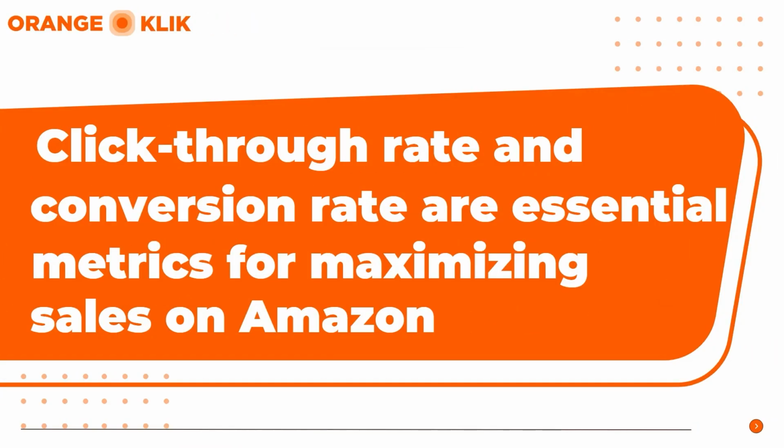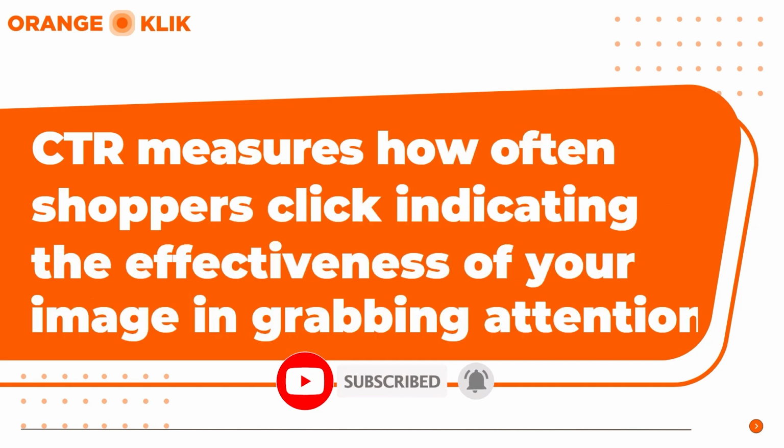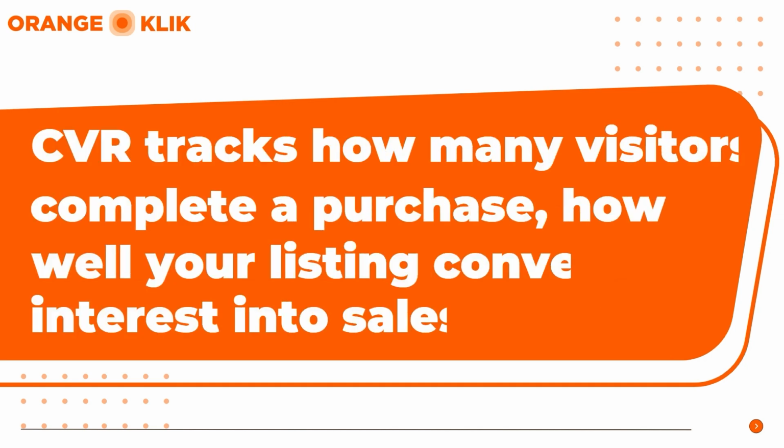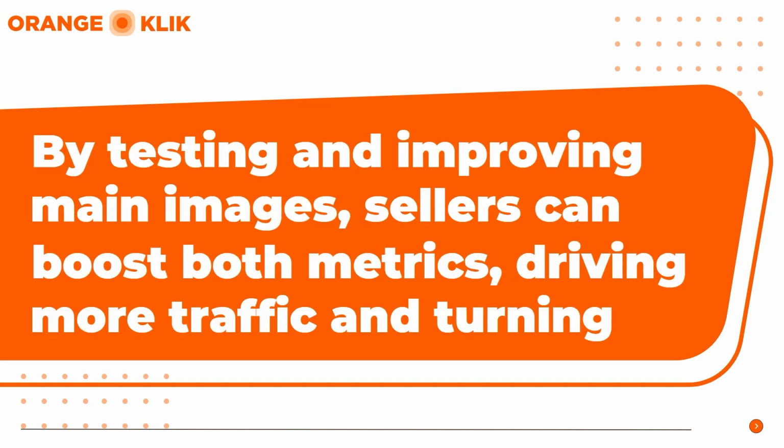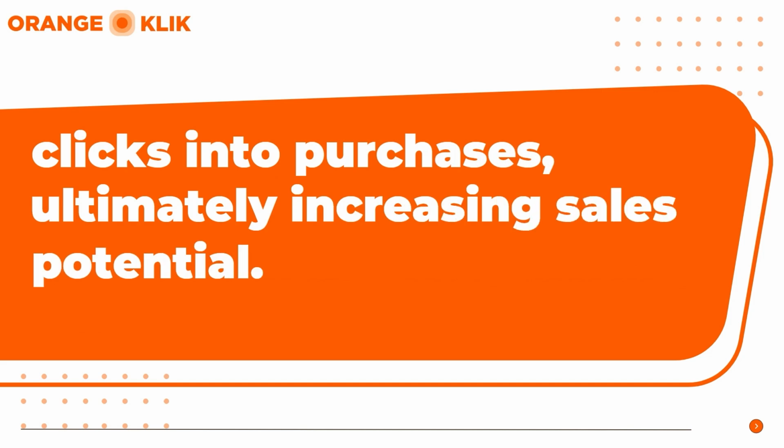Click-through rate and conversion rate are essential metrics for maximizing sales on Amazon, especially when optimizing main product images. Click-through rate measures how often shoppers click on your listing after seeing it in search results, indicating the effectiveness of your main image in grabbing attention. Conversion rate tracks how many visitors complete a purchase, reflecting how well your listing converts interest into sales. By testing and improving main images, sellers can boost both metrics, driving more traffic and turning clicks into purchases, ultimately